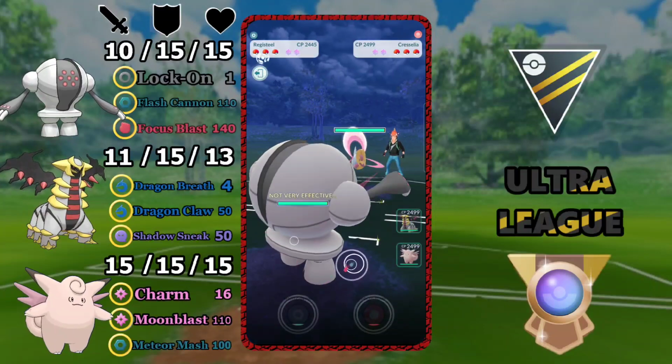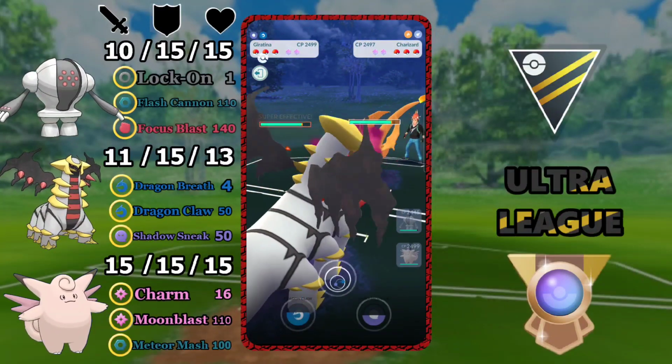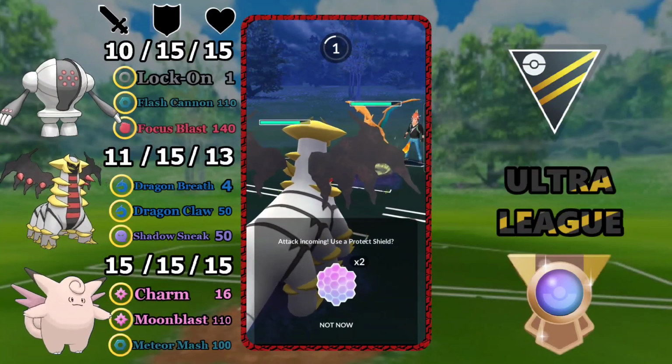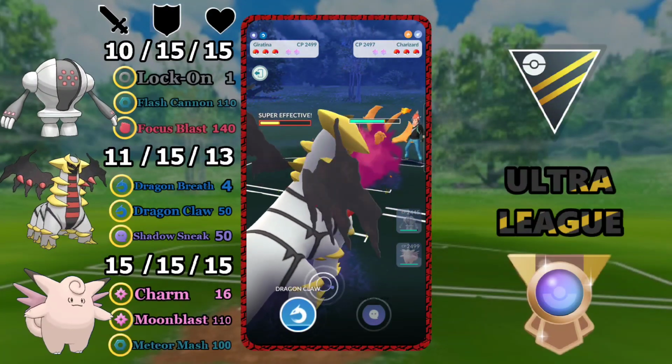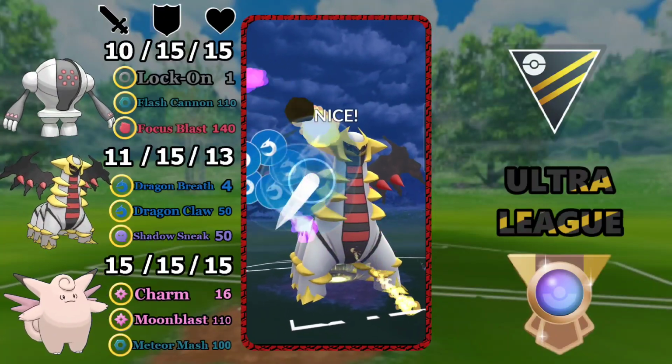And third matchup, and we've got a Cresselia lead. That's a brilliant lead for us, and they swap into a Charizard, and it's a Dragon Breath Charizard. This was not a good move on our part. We really shouldn't have swapped into Giratina. Clefable would have been a better swap in than Giratina into a Dragon Breath Charizard, because then all you have